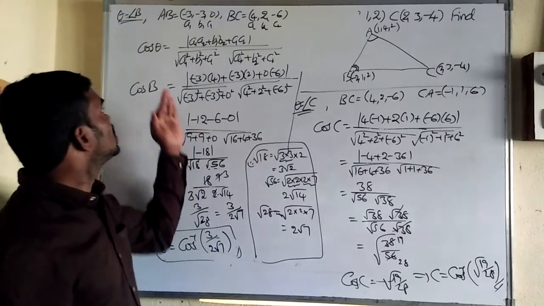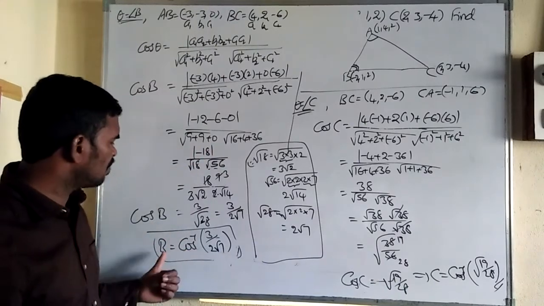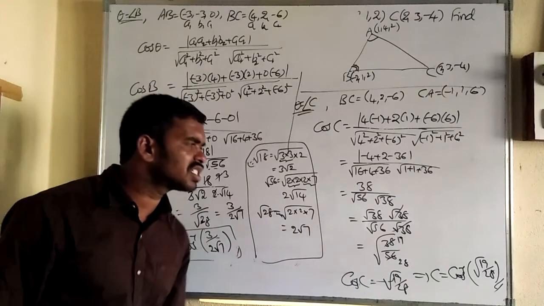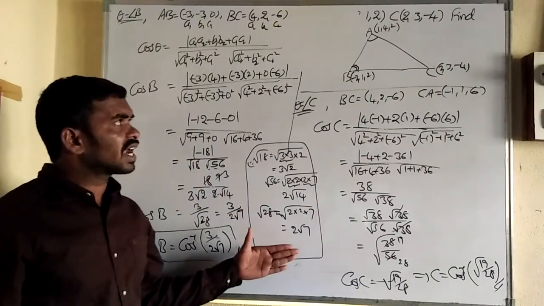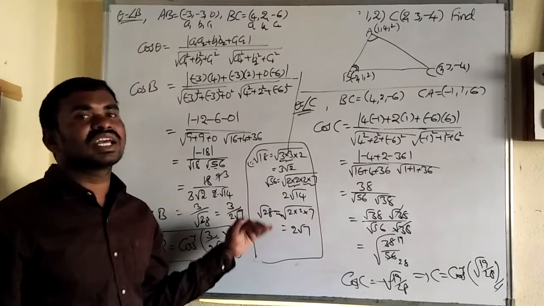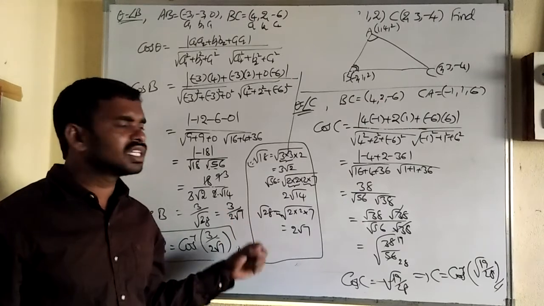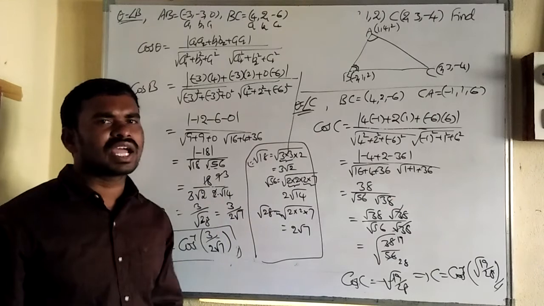So in this way we can find cos A, 90 degrees, got it. Cos B, sorry, angle B got it, cos inverse 3 by root 7. Angle C we got it, cos inverse root 19 by 28. These are the angles. What is this triangle? Yes, this is a right angle triangle. If they ask, we can mention which triangle this is, because one of the angles is 90 degrees, therefore this is a right angle triangle.